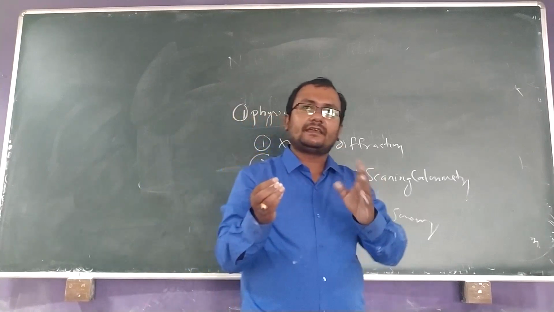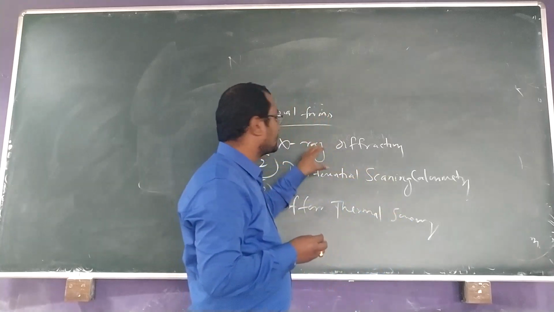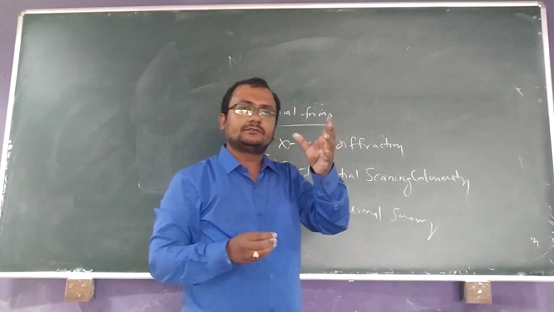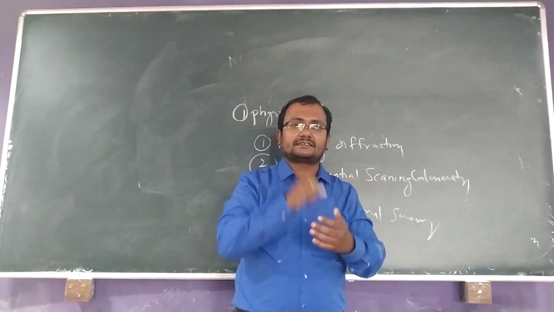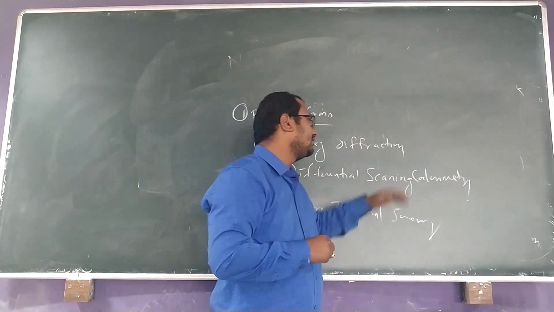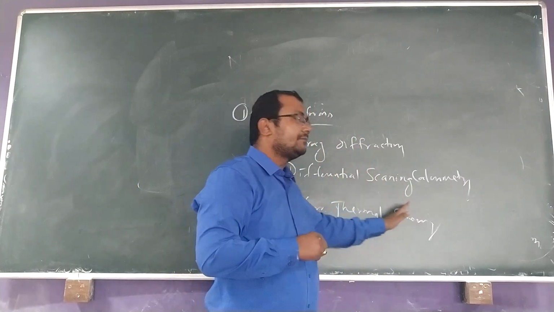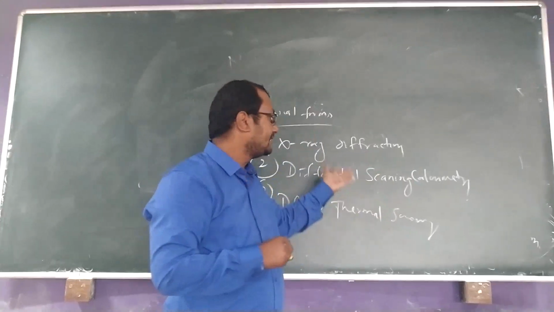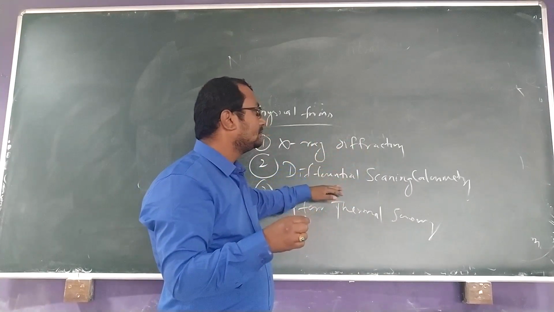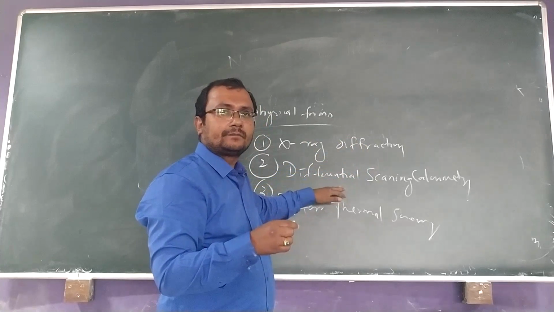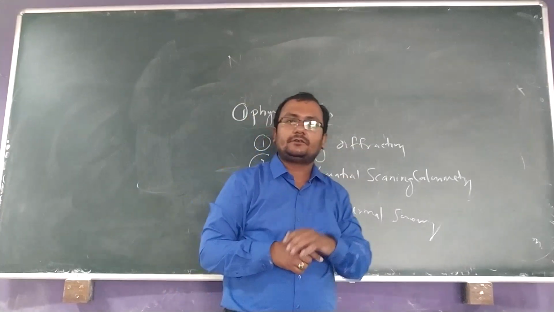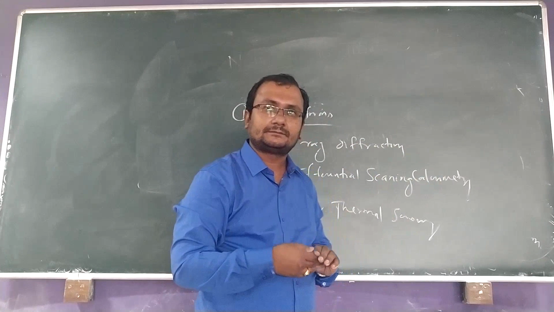By these, we can determine the crystalline structures. With X-ray diffraction, generally the solid molecules will diffract X-rays and we get the crystal structures. With differential scanning calorimetry, differential thermal analysis, and different types of methods, we get to know what the structure of the crystal is and what its nature is. So these are the analytical methods we use for this purpose.